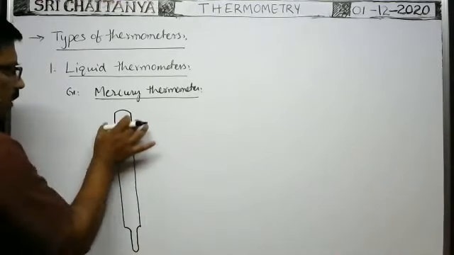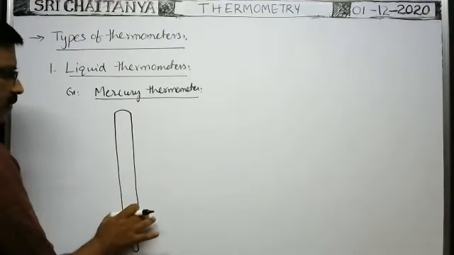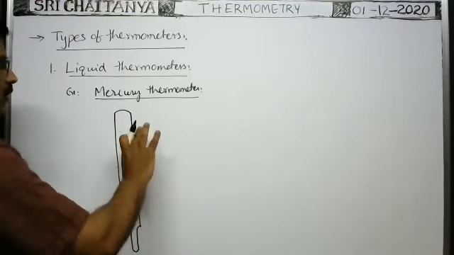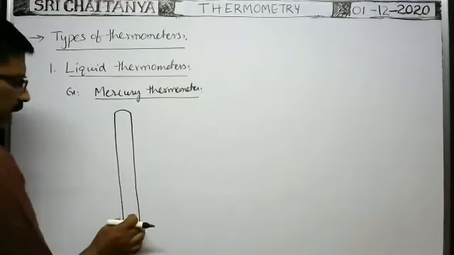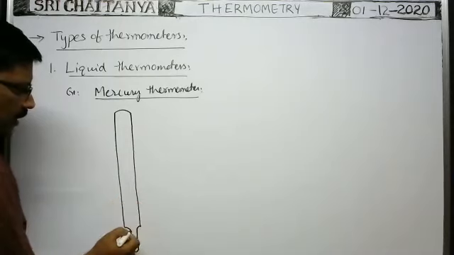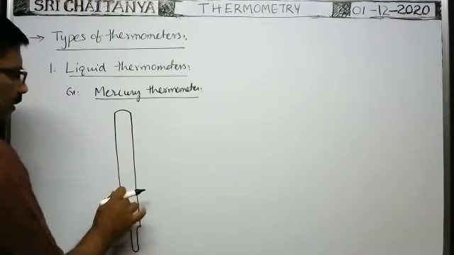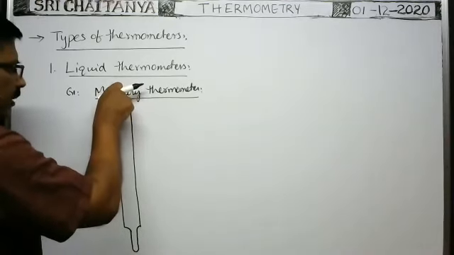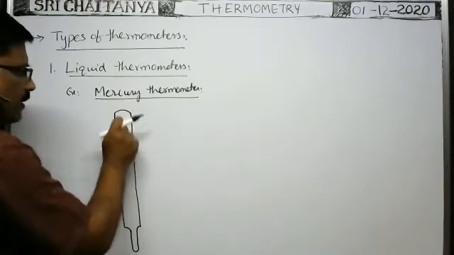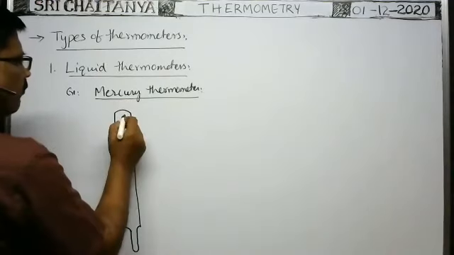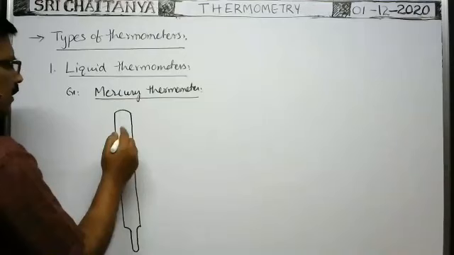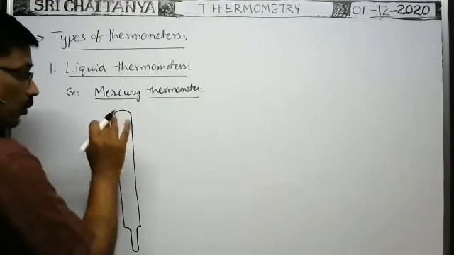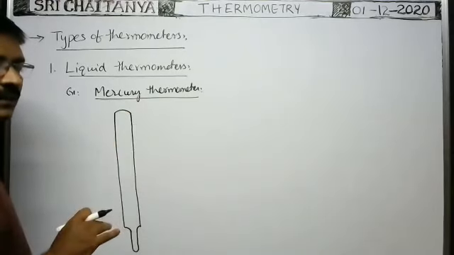It consists of a long glass rod, about 10 or 15 centimeters in length. At the bottom, this glass rod is connected to a hollow glass bulb. A fine bore is made in the glass rod along its length, parallel to the length. I will draw it with more diameter so that it is visible, but actually it is a fine bore. But no capillary action exists here.